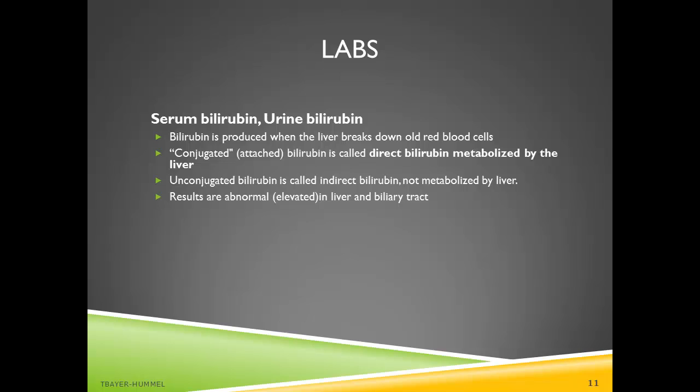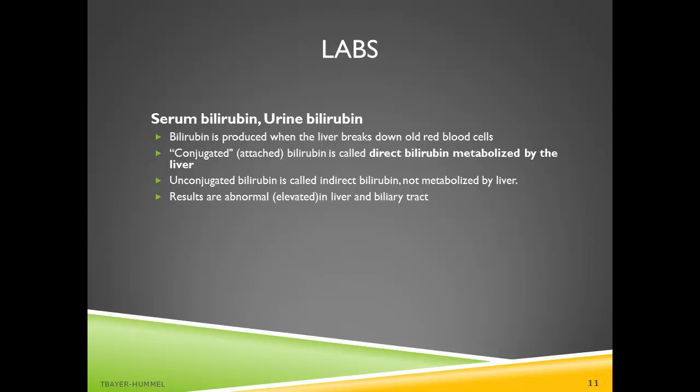Elevated unconjugated or indirect bilirubin rarely reflects liver disease and is commonly found in hemolytic disease, hemolytic anemia, for example. Elevated conjugated or direct bilirubin almost always reflects hepatobiliary disease. Elevated delta bilirubin reflects hepatobiliary disease and remains elevated longer than other bilirubin fractions during the convalescent phase of liver disease. Any bilirubin found in the urine is the water-soluble conjugated fraction and implies hepatobiliary disease and is associated with